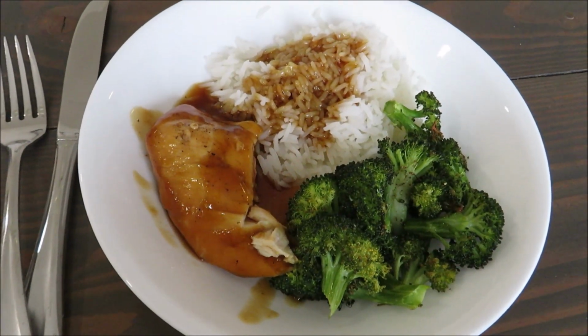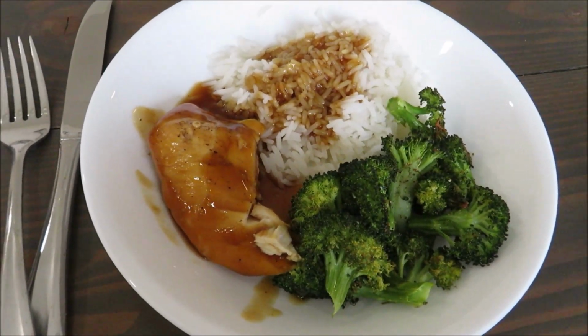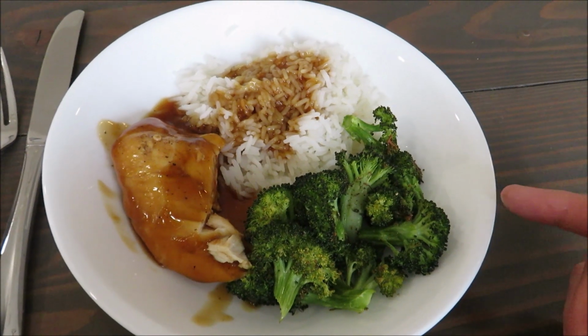It is Thursday night and we are having teriyaki chicken. I put this in the Instant Pot. We're having white jasmine rice and roasted broccoli. I did a grocery haul video, and if you saw that, then you already saw this meal and the cost